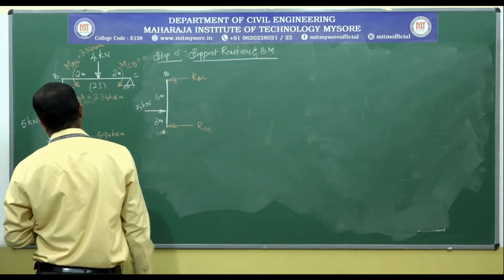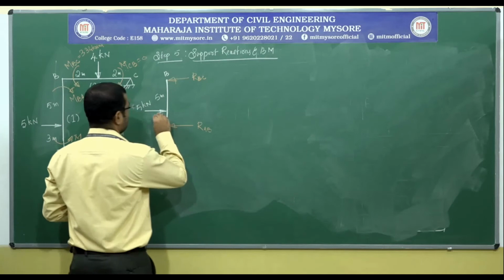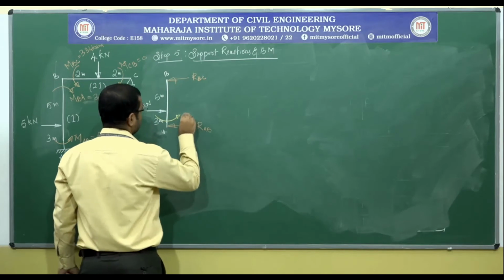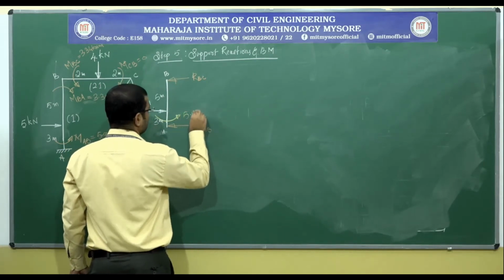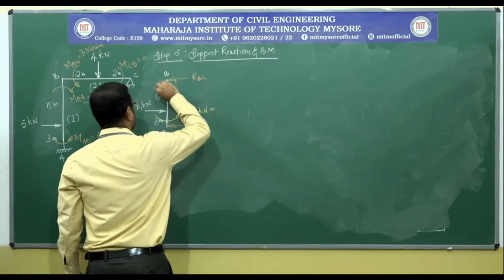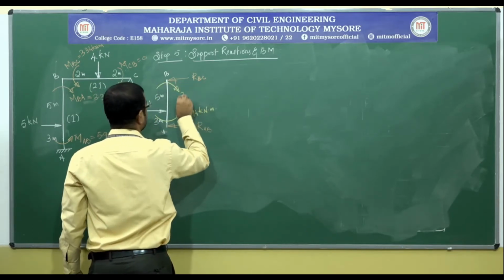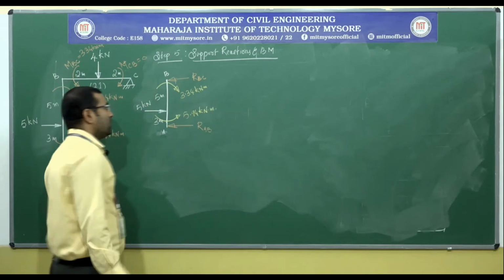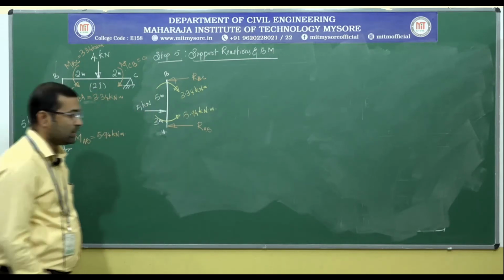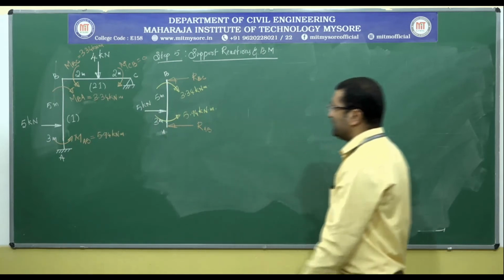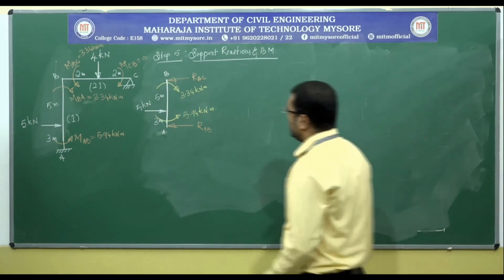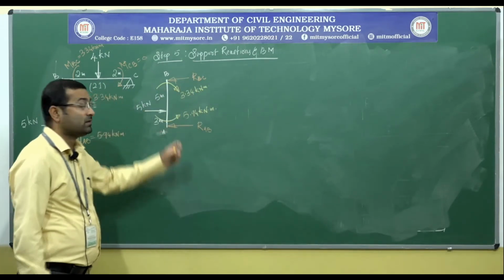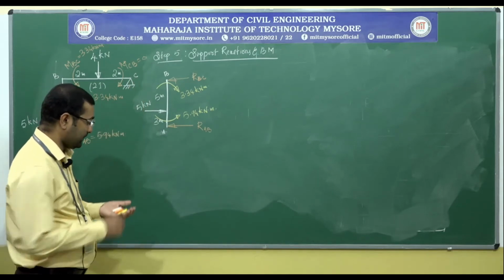So apart from this, we have two end moments. So let me write them. So let us say this is MAB, which is anti-clockwise, 5.94 kilonewton meter, and this is a clockwise 3.34 kilonewton meter. So now because of this, we need to work out the variation of the shear force and the bending moment values. So let me calculate the support reactions first, so that they will be helpful in drawing the shear force diagram.